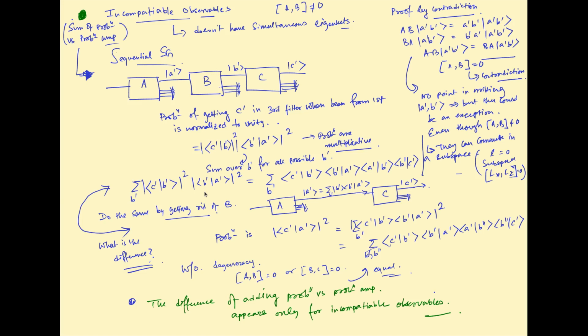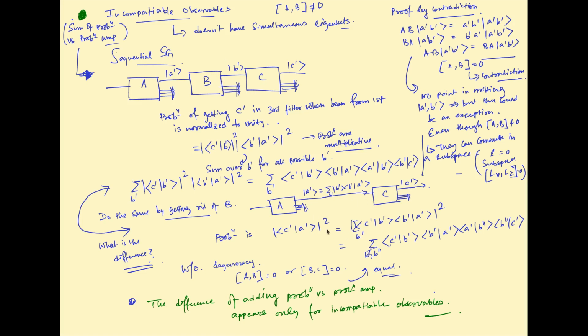Now, is it equivalent to getting rid of the B? You have already gone through all the conceptual details, so you obviously know the answer is no. If you get rid of the B, then what happens? This A prime will simply go into the C and come out as C prime, but this A prime can be expressed in terms of B prime like that. So, then the probability is computed by performing B, feeding them independently like that, and summing over that. In this case, you did not perform a measurement.